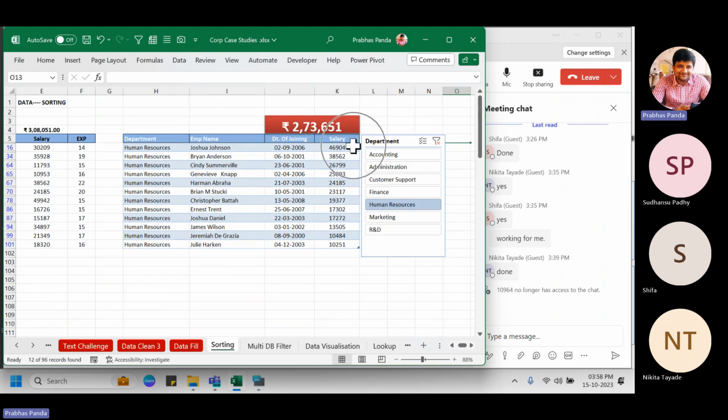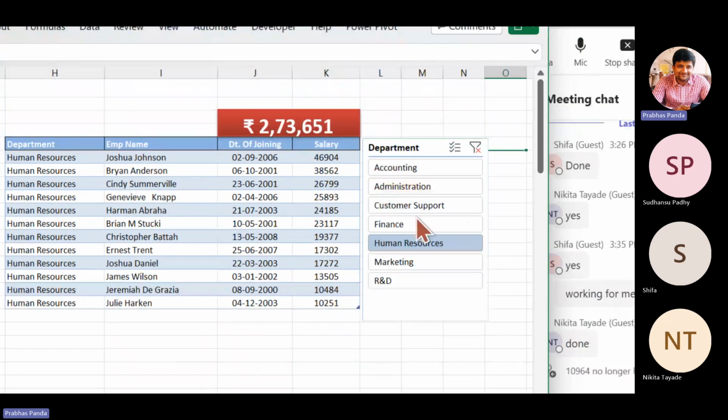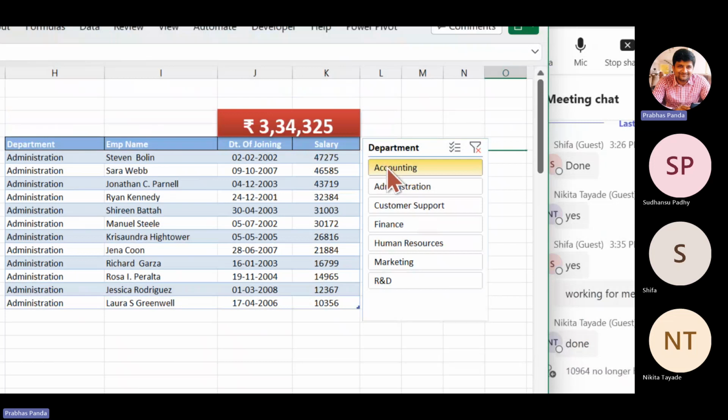What is the highest salary of HR? Is it showing in the first row item? Yes. And what is the lowest one? Is it showing at the bottom? Yes. So this is how, on a click of a button, I'm able to showcase the data entirely